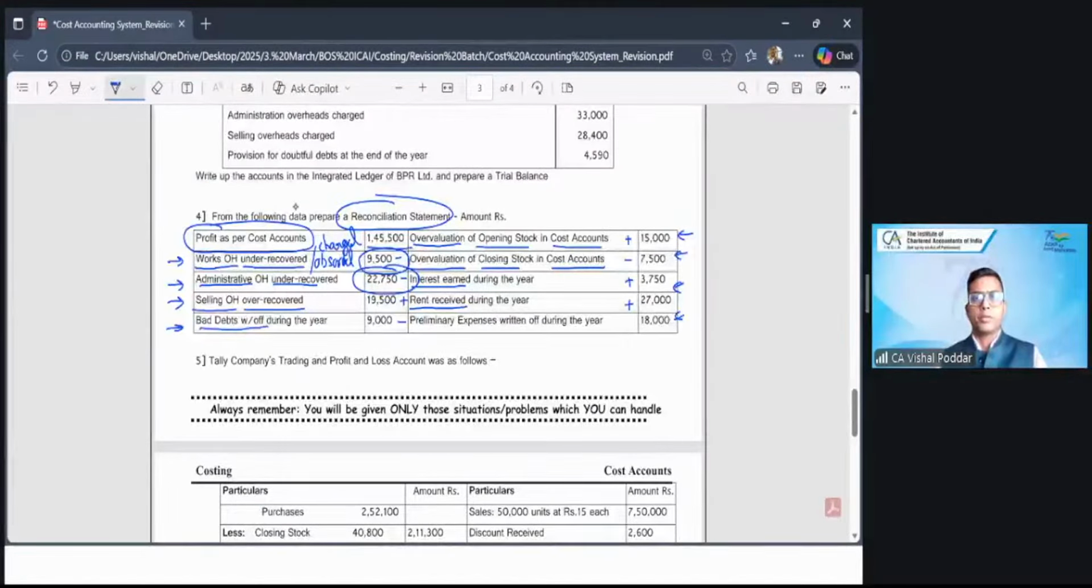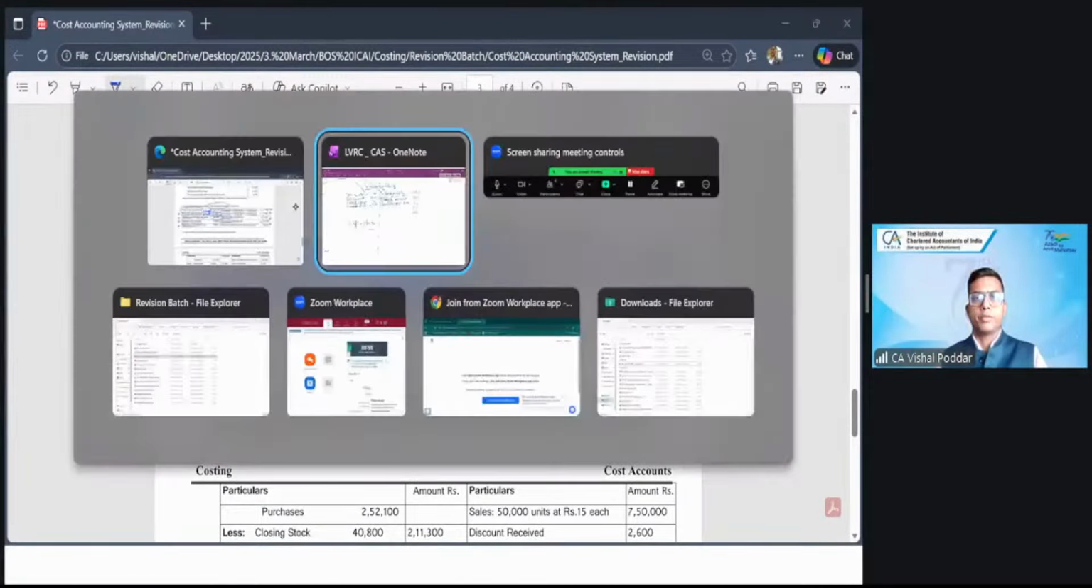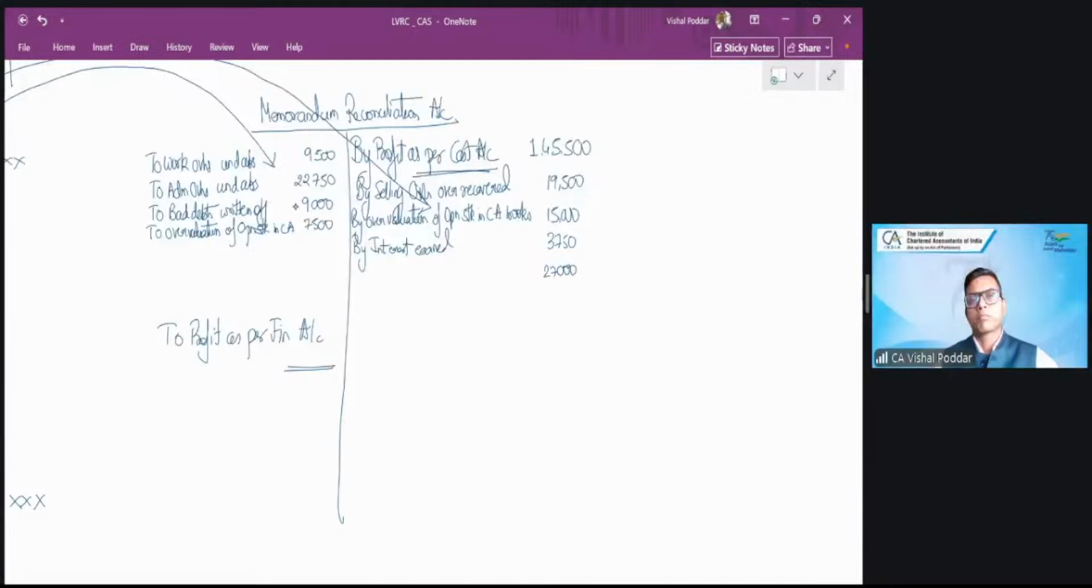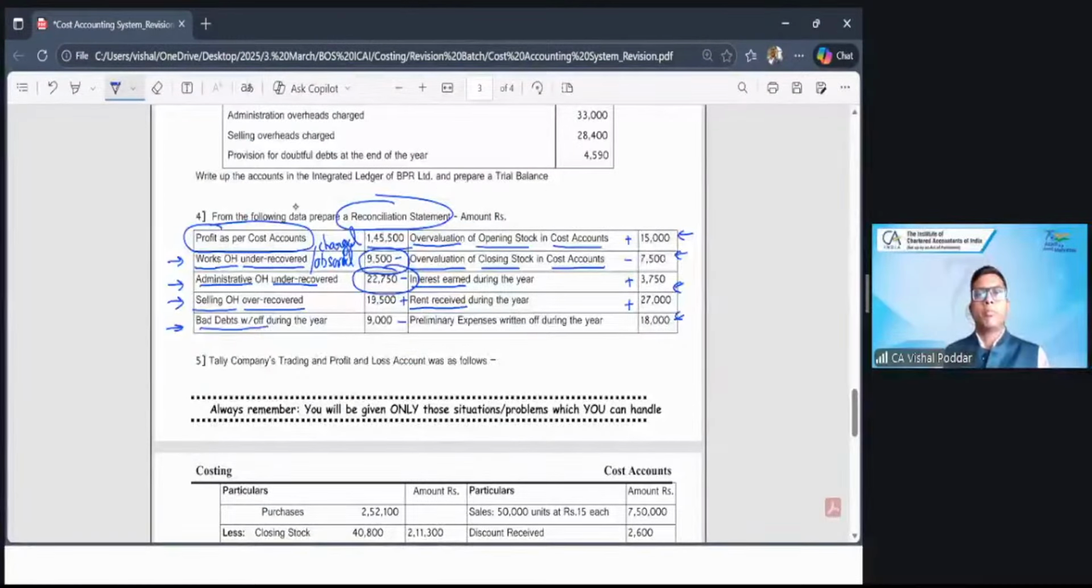Interest and rent. Correct? Next, preliminary expenses written off. Again, all these things, writing off of obsolete stock, writing off of something which is of no use,